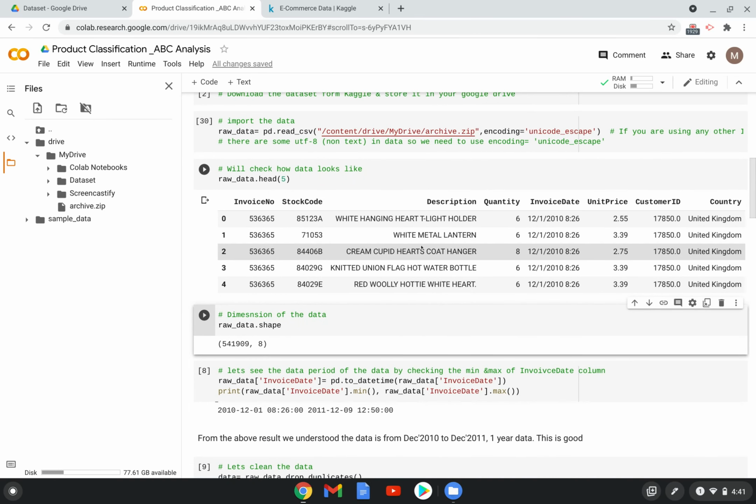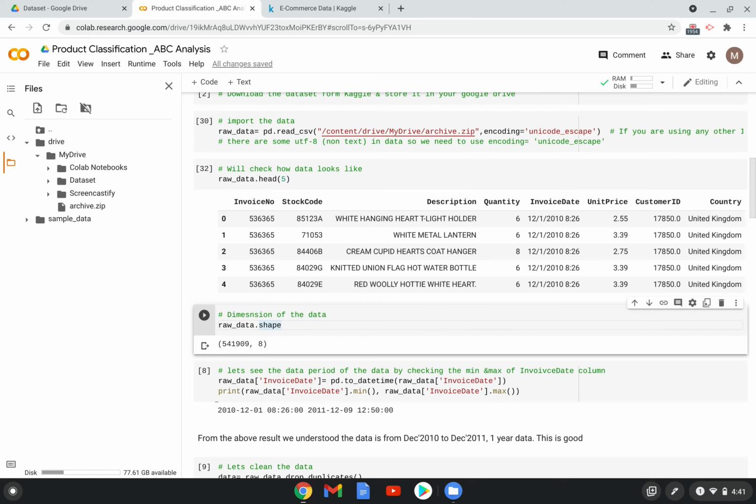It's transactional data. So one thing we need to keep in mind: we don't have revenue over here. We just have quantity sold and then unit price. If we need revenue, then we need to multiply quantity by unit price. Okay, and then let's see how many rows and how many columns are there in this data.